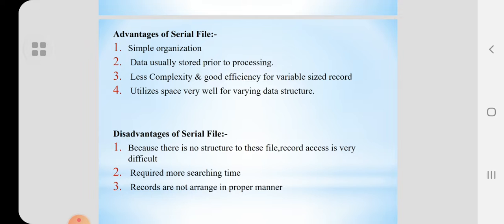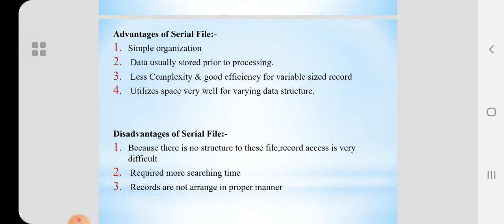Second, data is usually stored prior to processing. Third, less complexity and good efficiency for variable size records. And number four, it utilizes space very well for varying data structures.